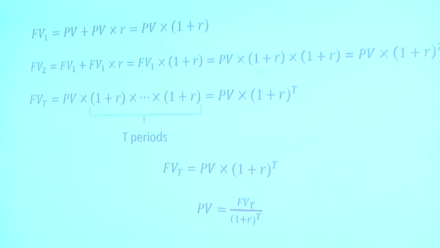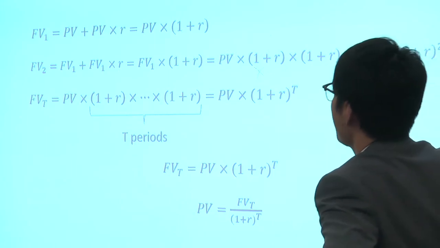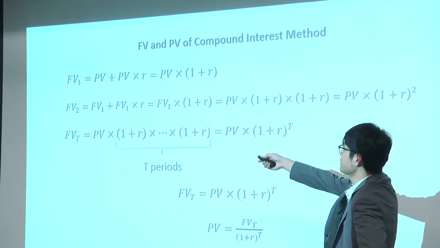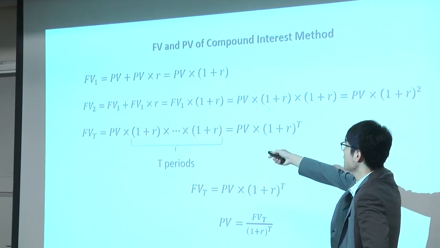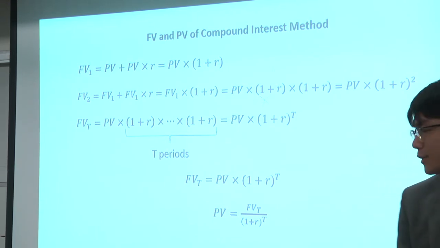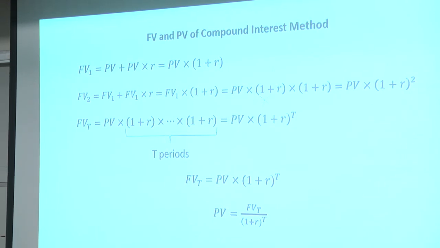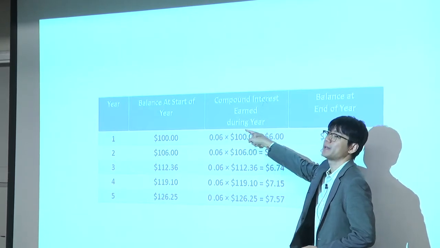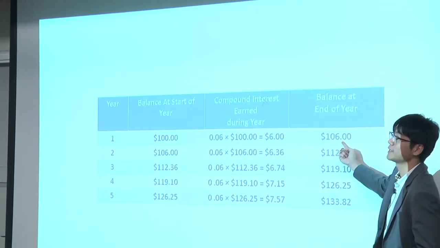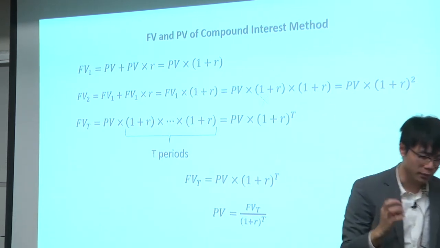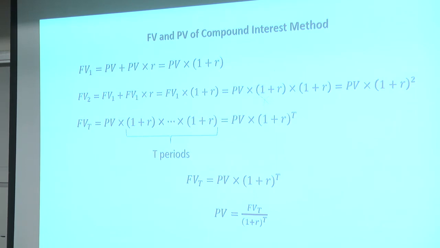So how do we calculate compound interest? Let's say that we have an initial investment, that's the present value here, at 100. So the first year's total in your bank account is what? That present value plus the present value times the interest, right? Exactly the same thing we're doing here. 100 plus what? 6% times 100. Together, 106. But in math, we can use the distributive rule to put the 1 plus r together.